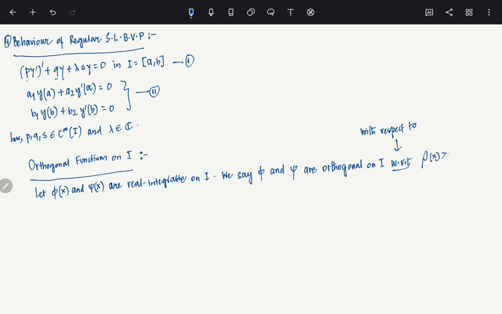This function is always assumed to be positive. Clear? If and only if,